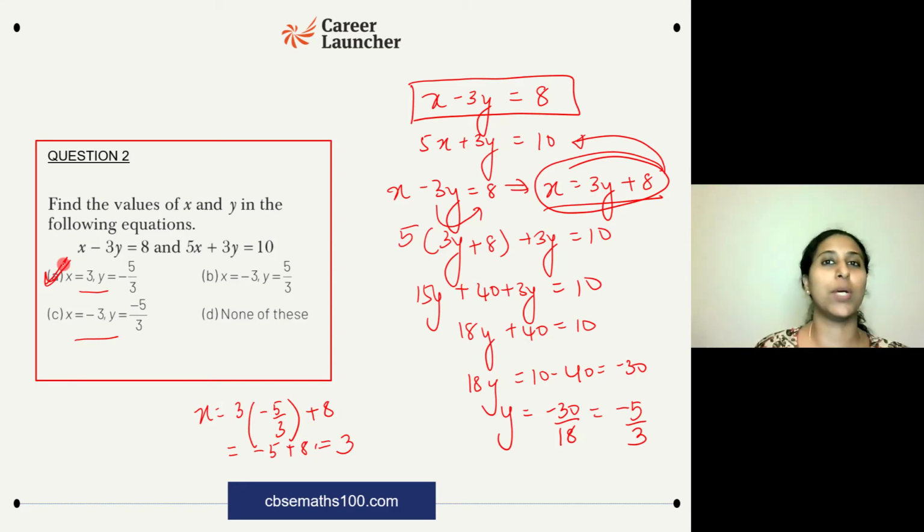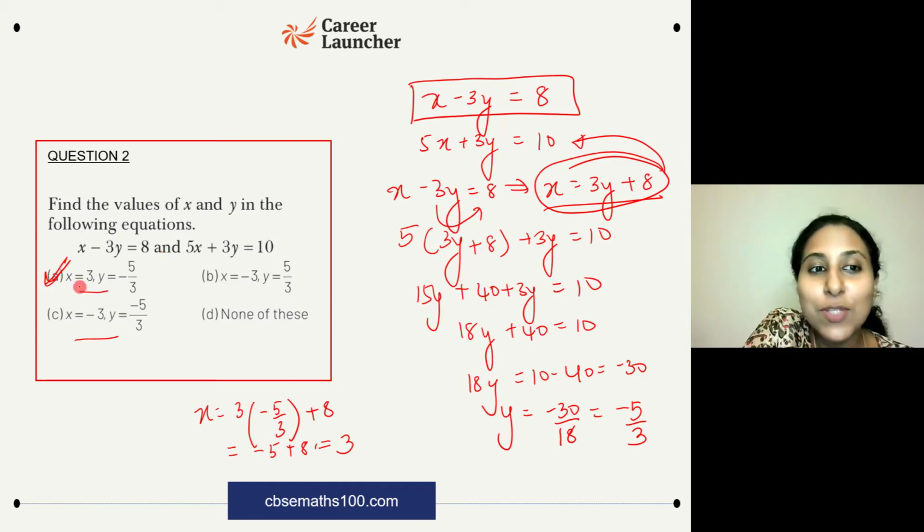What we have done over here is use the method of substitution and find the value of both x and y and then mark the answer. Of course, there's another way that you can answer this question. You could have just checked which of the options satisfies both given equations. This means you substitute x and y values in both the given equations and see whether it's making the value of the equations true. What do I mean by this?